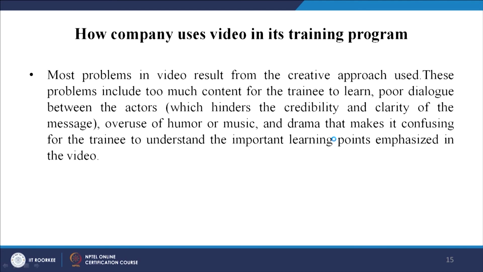These problems include too much content for the trainee to learn. In a lecture, by comparison, you can give more content. We can also avoid poor dialogue between the actors, which hinders the credibility and clarity of the message. Overuse of humor or music can be avoided, as can drama that makes it confusing for the trainees to understand the important learning points emphasized in the video.